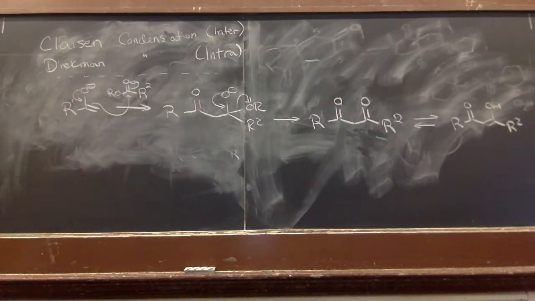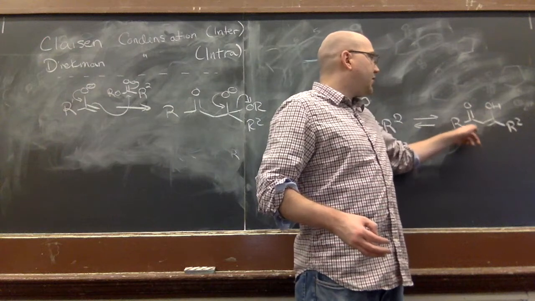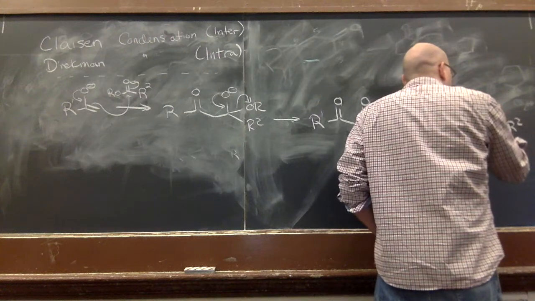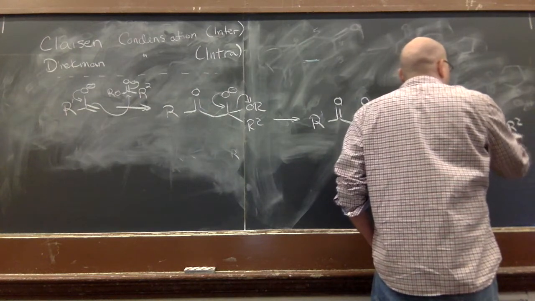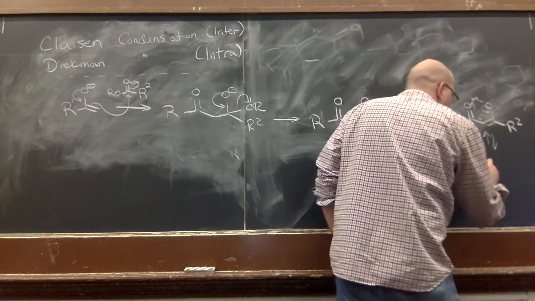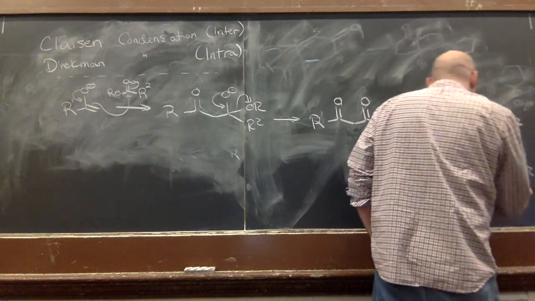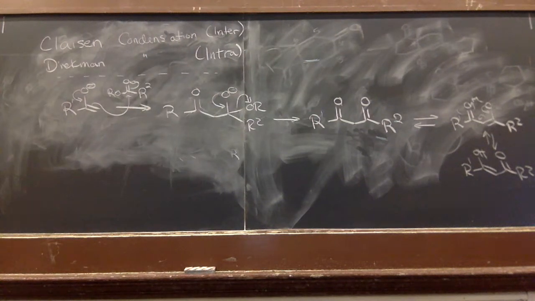And now what we have, right, is an alpha beta unsaturated ketone, but not only that, it's sort of in conjugation with this system, right? So now if we did this, this should show these two tautomeric forms of one another. Right, what we have is a very different system because this molecule, by virtue of it being alpha beta unsaturated,